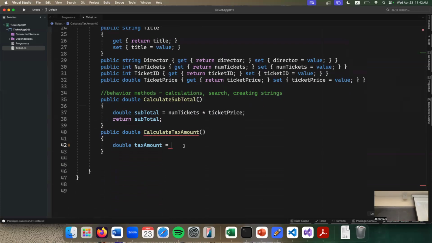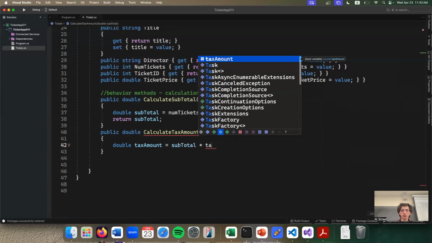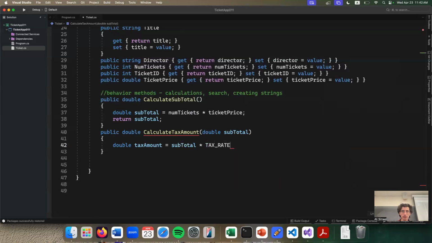So if I'm going to calculate this, then I would have to pass that information. When I call calculate tax amount, I say have this subtotal, and then subtotal times tax rate,